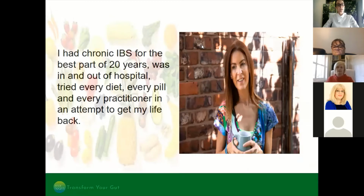For those of you who don't know me, I struggled with my gut for the best part of 20 years, in and out of hospital, just trying everything I could to get my life back. In constant pain, constantly bloated. Bloating was one of the worst symptoms for me. Awful constipation, food reactions galore. This is why I'm so passionate about letting